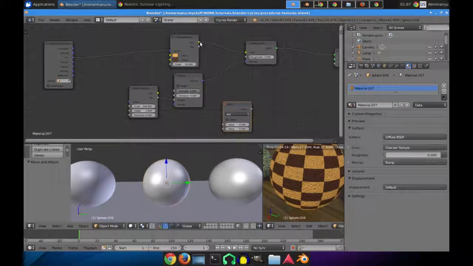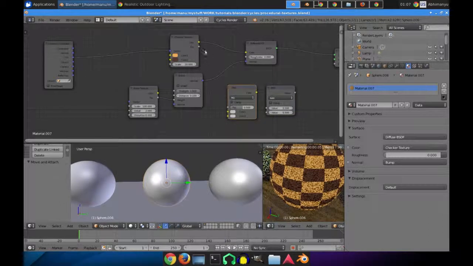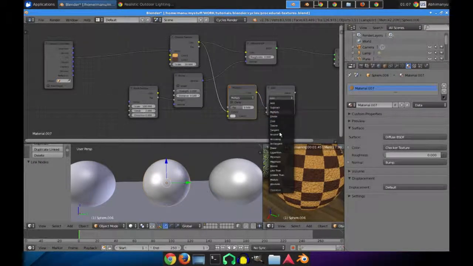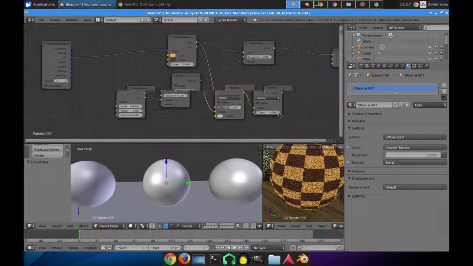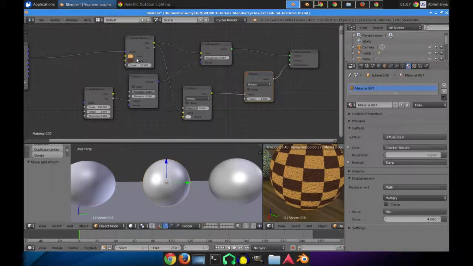We can use the same, we can add a mix RGB node and set it to multiply, and set it to multiply as well with 4, and now as you can see that the brick texture is also